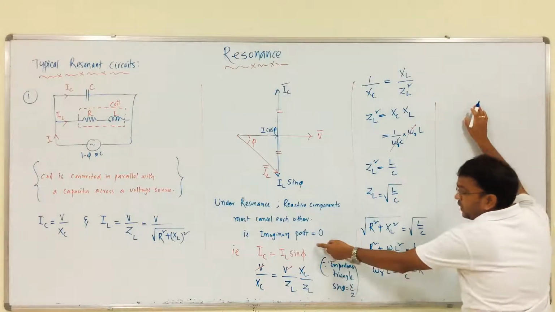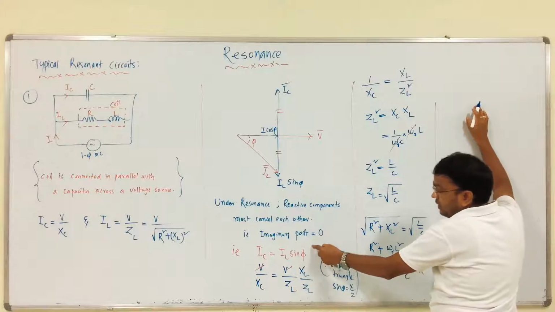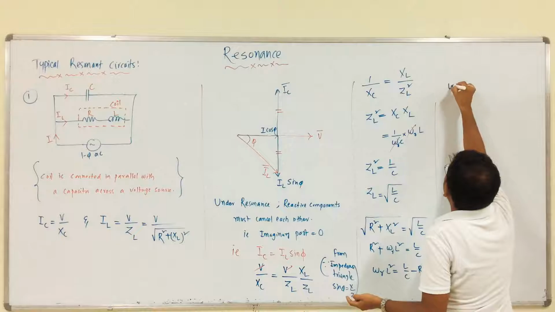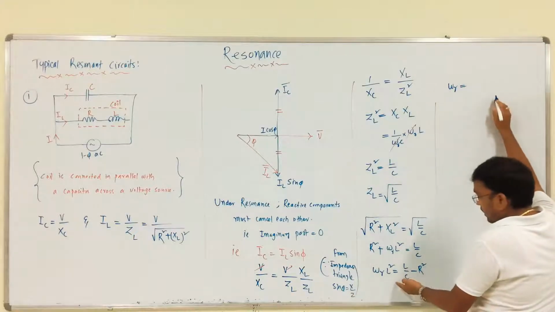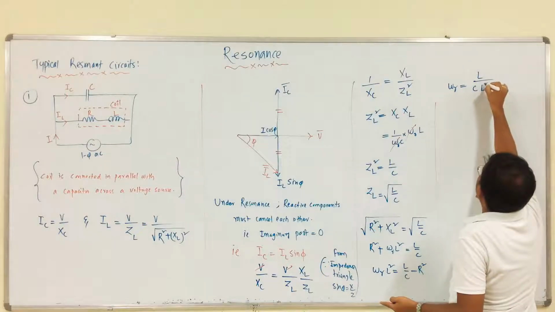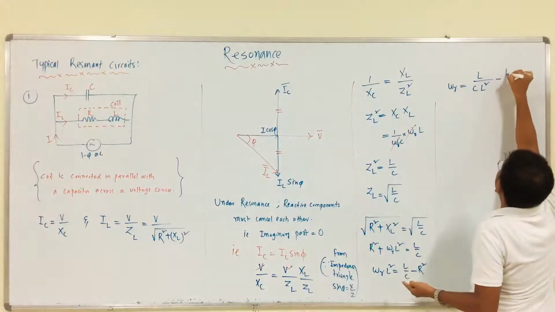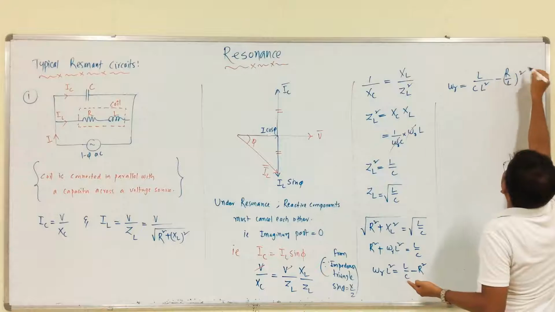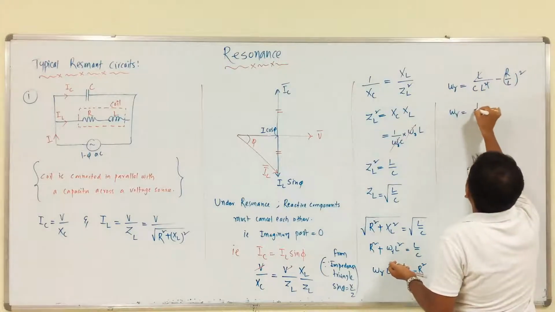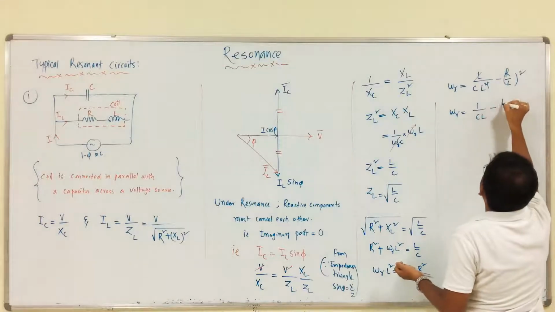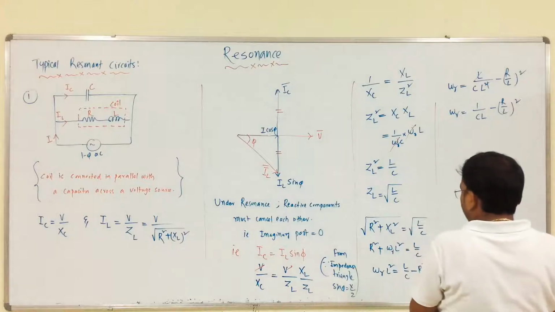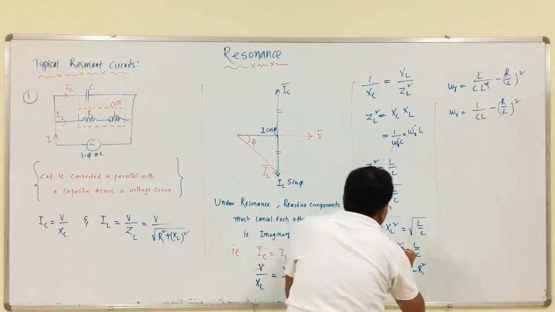So, this is the condition to get the resonance frequency. By considering that condition, we will get the value of the resonant frequency: omega square equals L by C into 1 by L square minus R square by L square, so that is 1 by LC minus R by L whole square. From this L gets cancelled. Right? Sorry, here we have omega R square.